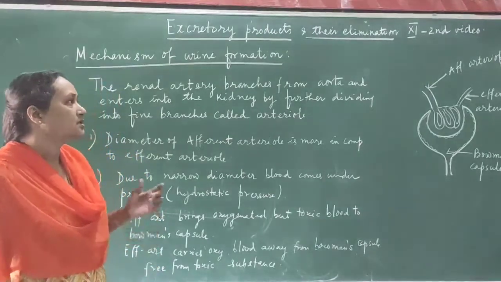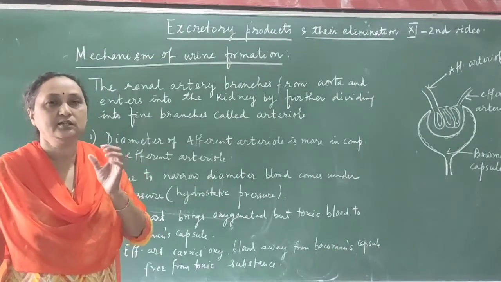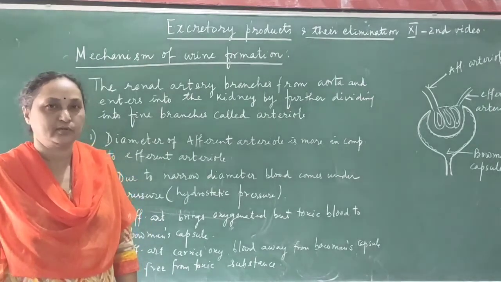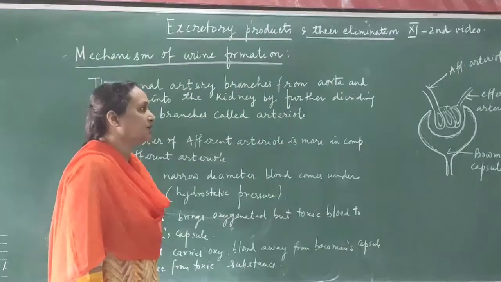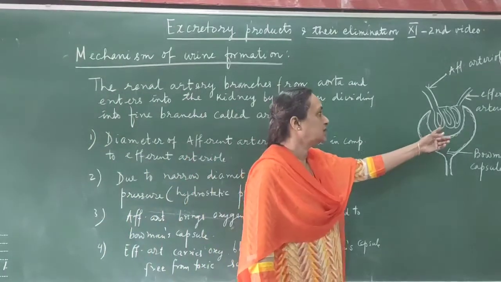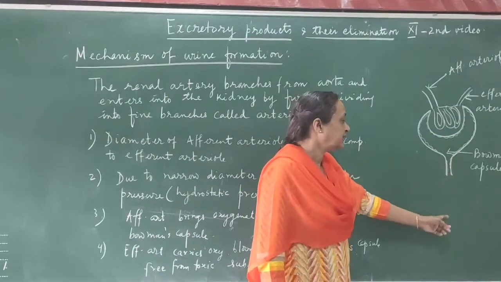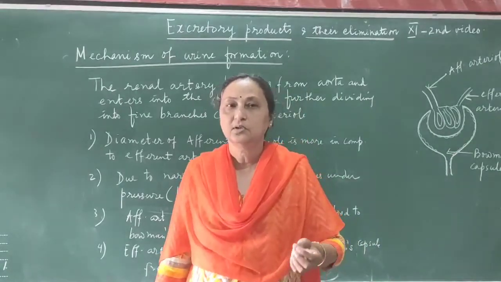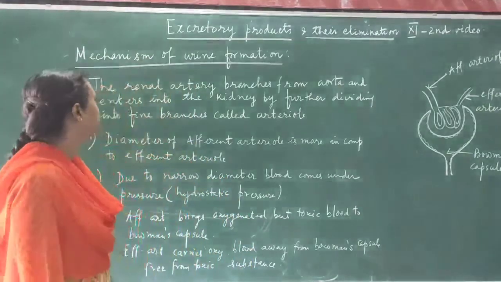Yesterday I explained to you that the kidney is made up of single units, and the single unit is called the nephron. The nephron has the glomerulus, which is entering into the Bowman's capsule. Then you can find the renal tubule, which has a descending limb, the loop of Henle, and the ascending limb.